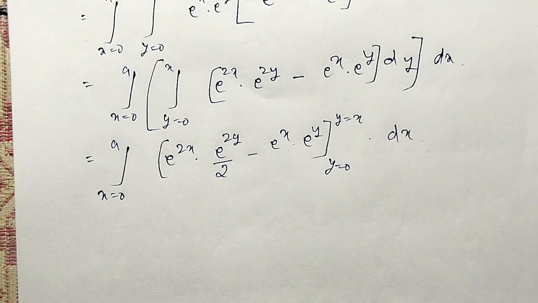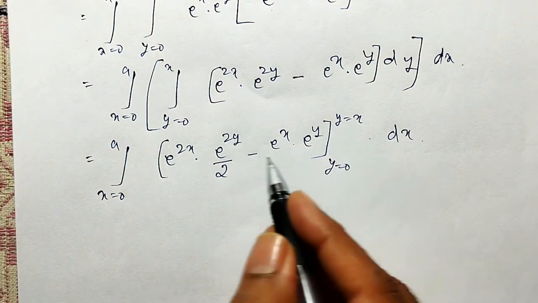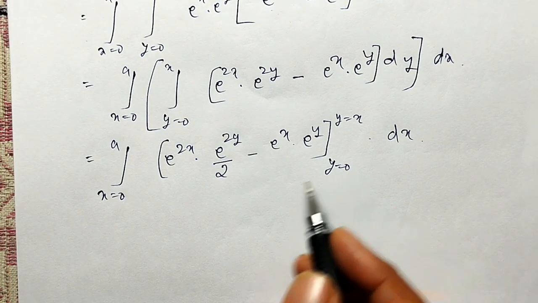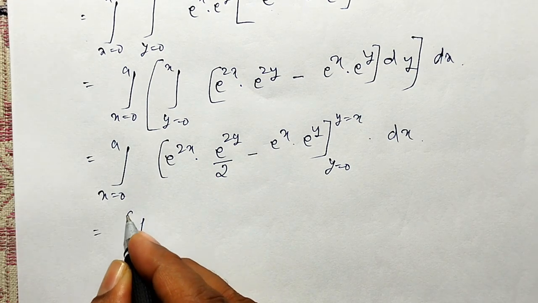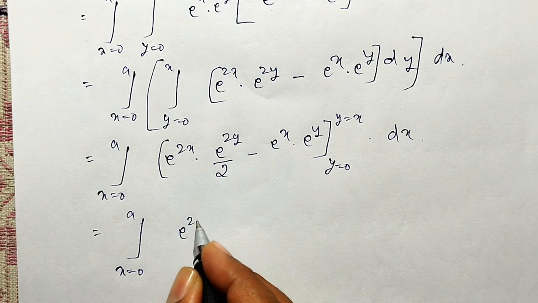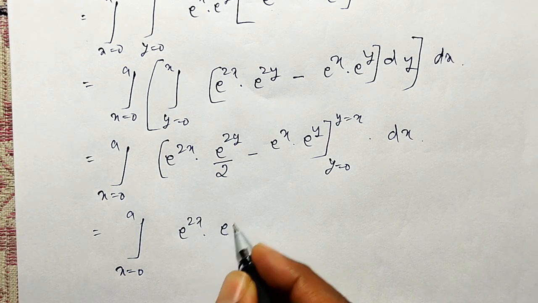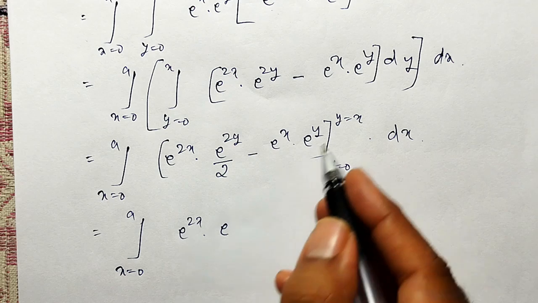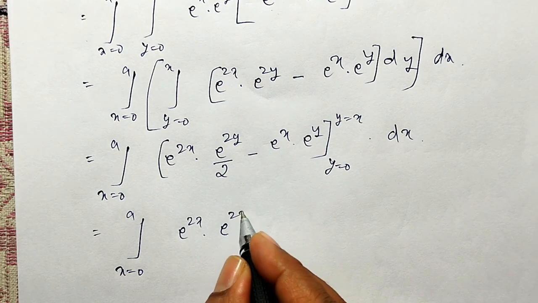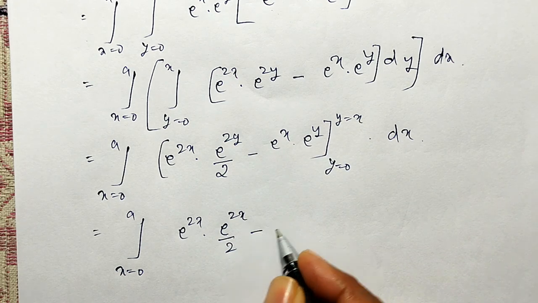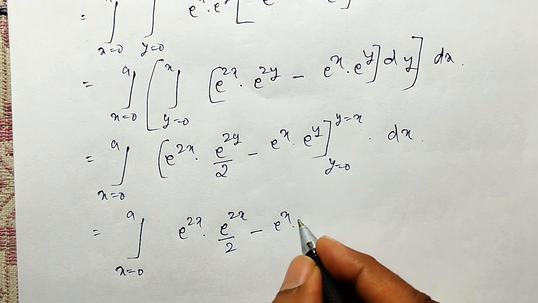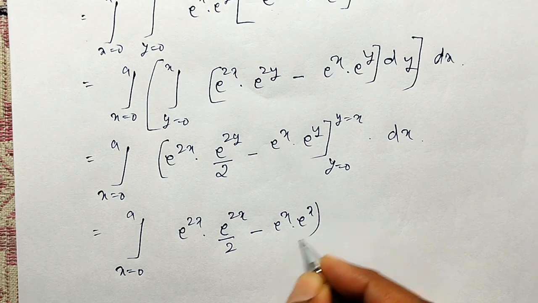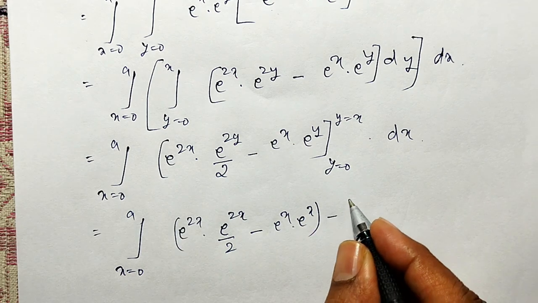Okay, in this also we have to replace y by x and y by 0, upper limit minus lower limit. That is nothing but integration from x equal to 0 to a, e raised to 2x into e raised to 2y, y is replaced by x, 2x divided by 2 minus e raised to x into e raised to y, y is replaced by x, e raised to x. This is my upper limit minus lower limit,